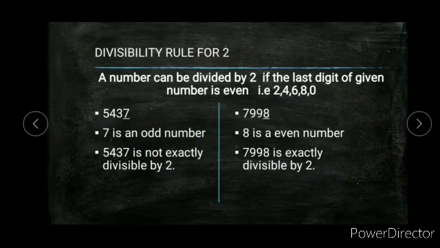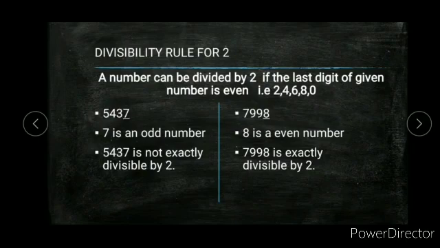All even numbers are divisible by 2, or we can say that the digit at one's place should be 0, 2, 4, 6 or 8, as in 24680, then that number is divisible by 2. For example, here you can see the number 5437. It is having 7 as its unit place. So 7 is an odd number, so the number 5437 is not divisible by 2,